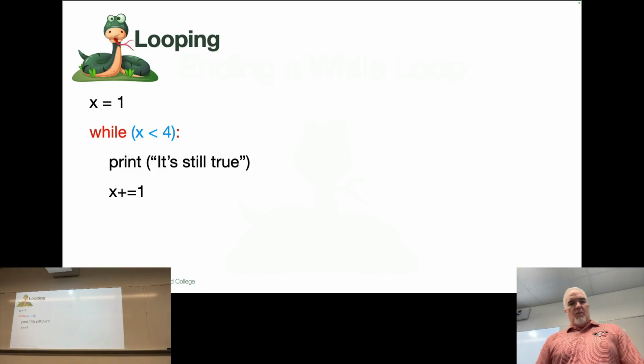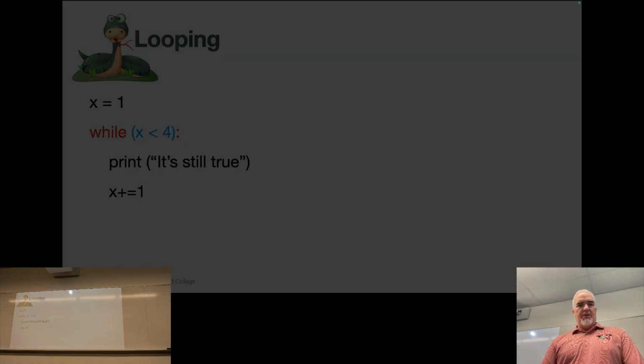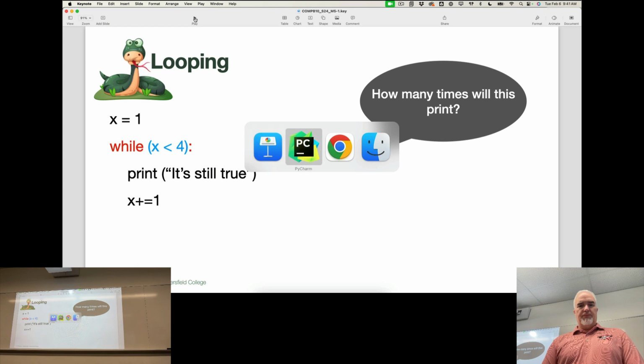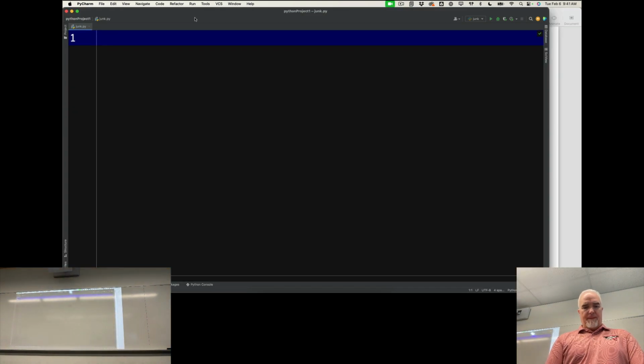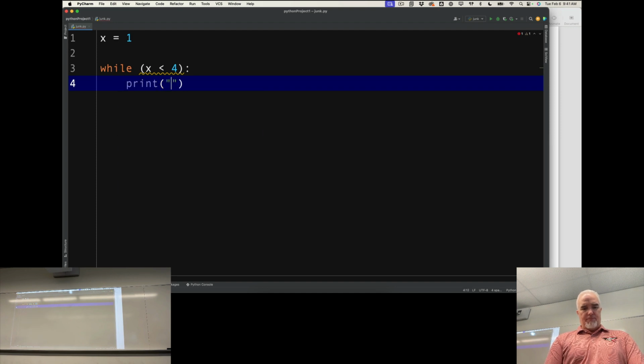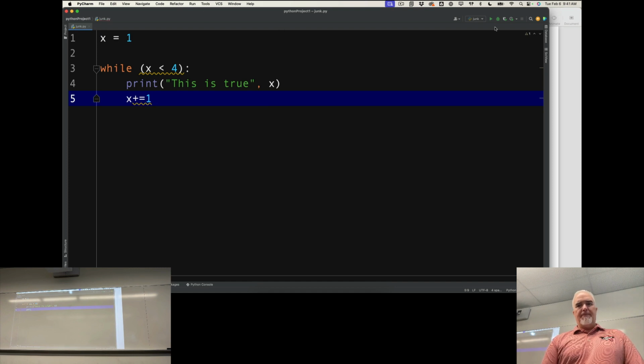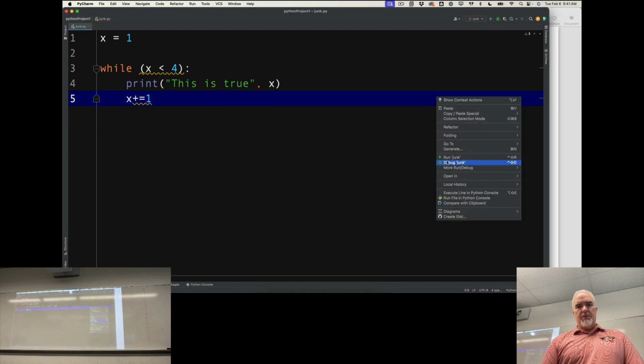So when we have that sort of code, x equals 1, while x is less than 4, and I'm going to have print the value of x also. And then we have the increment. So if I run this,